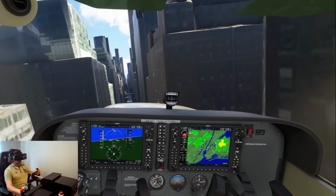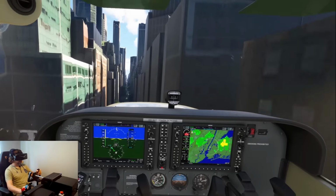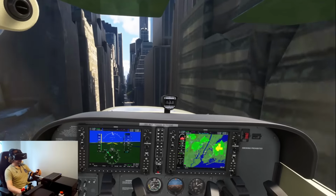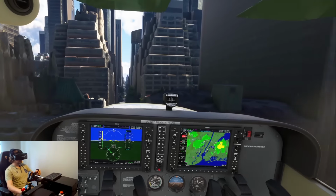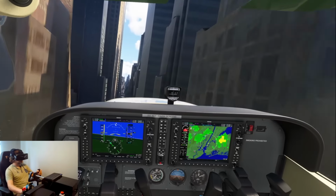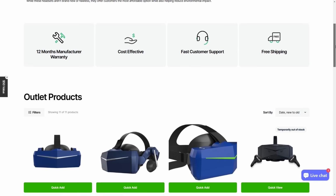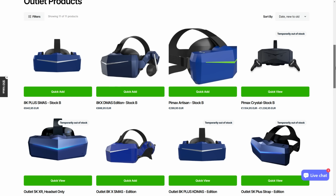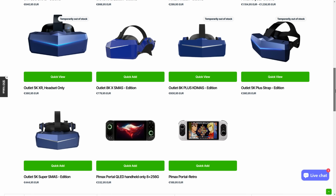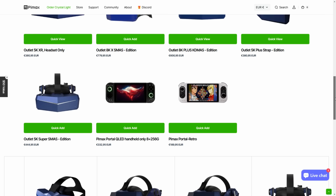But when it comes to their previous headsets, such as the 5K XR, the 8K XR, the 5K Plus, the Pimax Artisan, the 8K Plus, there's so many of them, just stay clear of them. Now, at the moment, you can't get them brand new, I don't think, but looking at the Pimax website, if you go to their outlet products, you can actually buy some of them, although most of them are out of stock. I would honestly stay clear of all of their previous headsets at this point in time